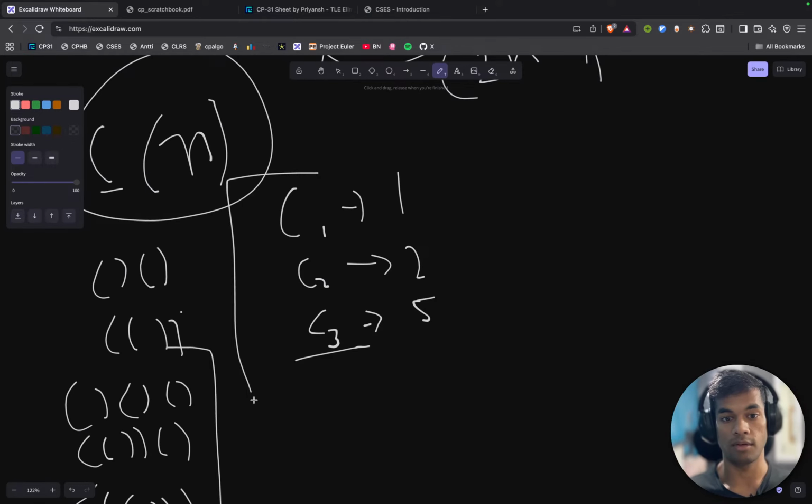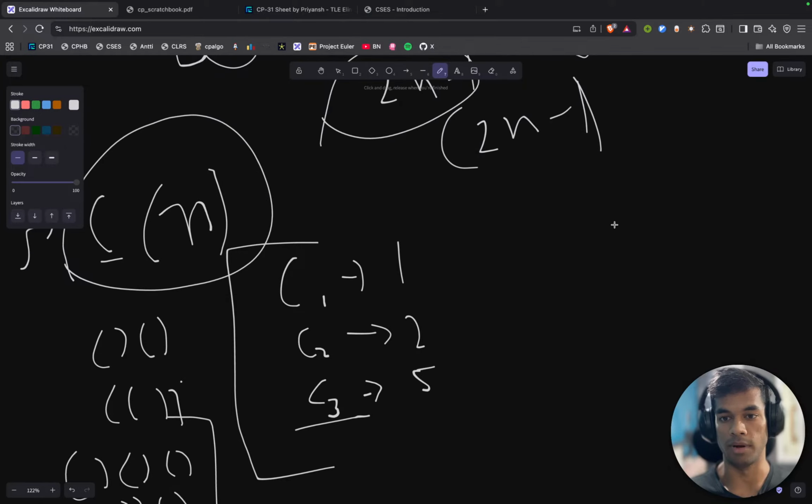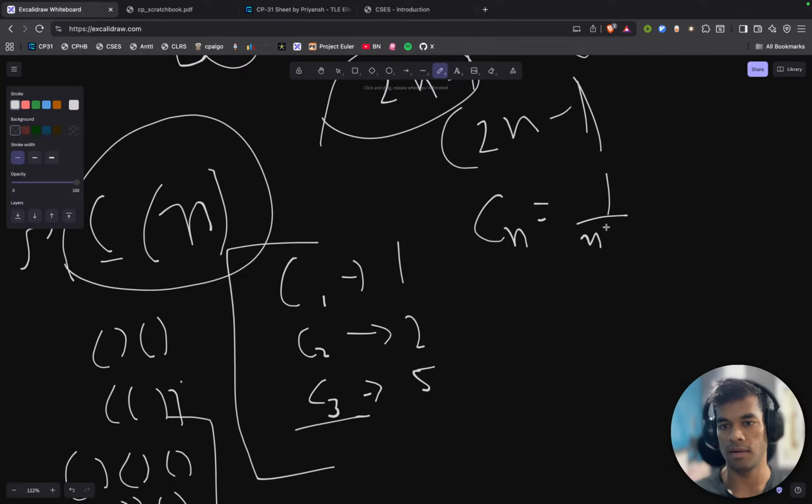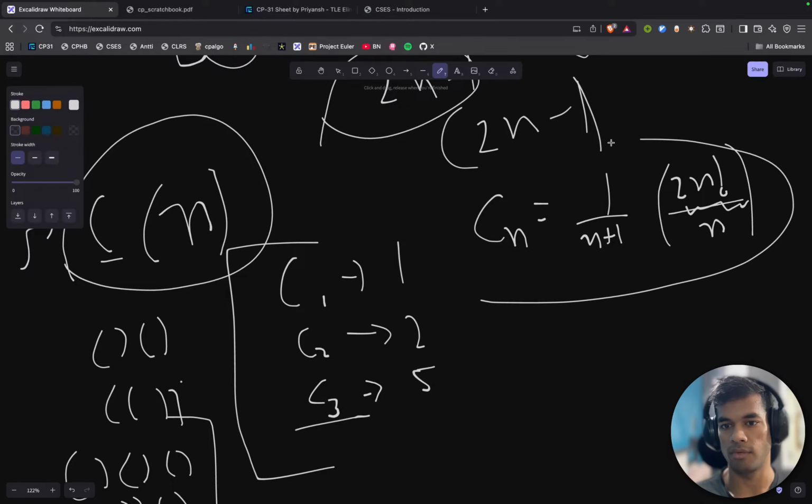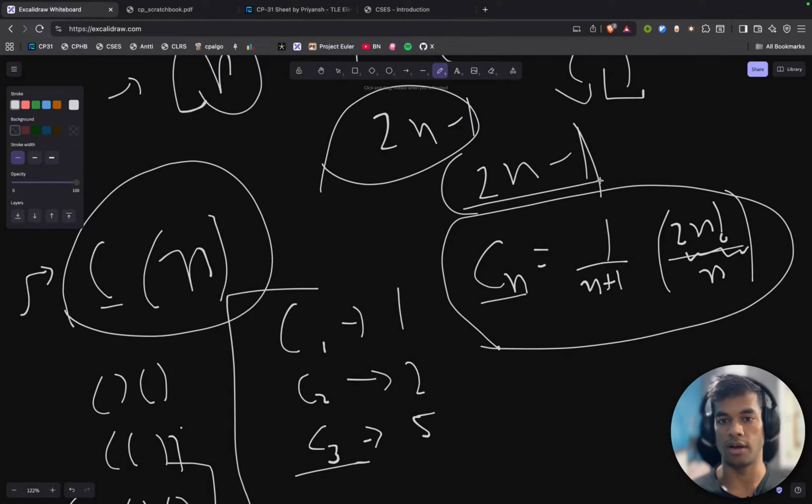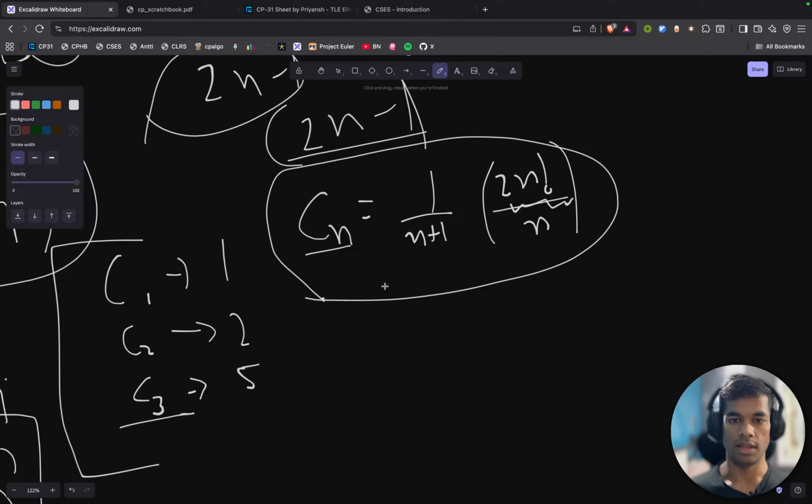But the point is, this is a lot of numbers, and there is actually a formula for Cn equals 1 by n plus 1 into 2n factorial over n factorial n factorial. This is like 2n choose n. This is the formula for the nth Catalan numbers, and if this is our number of brackets, then there would be